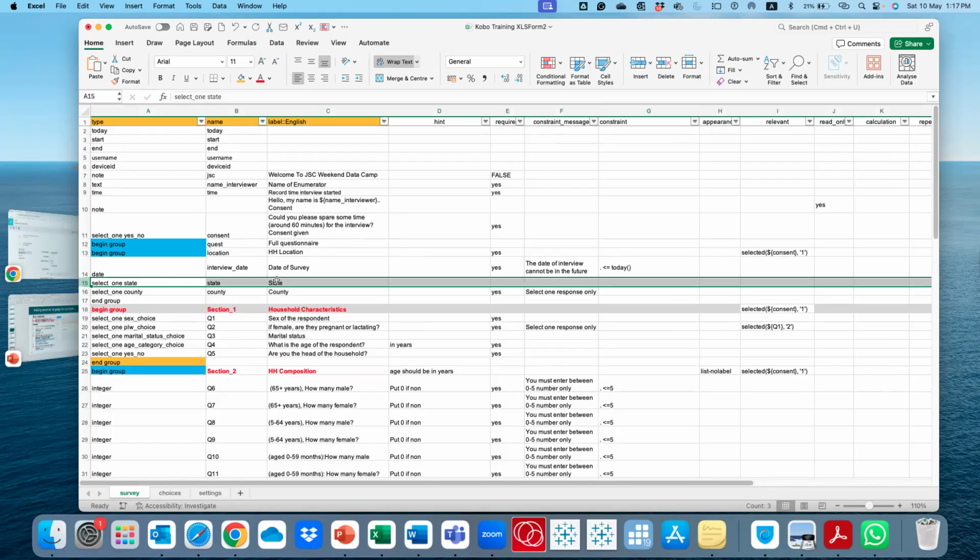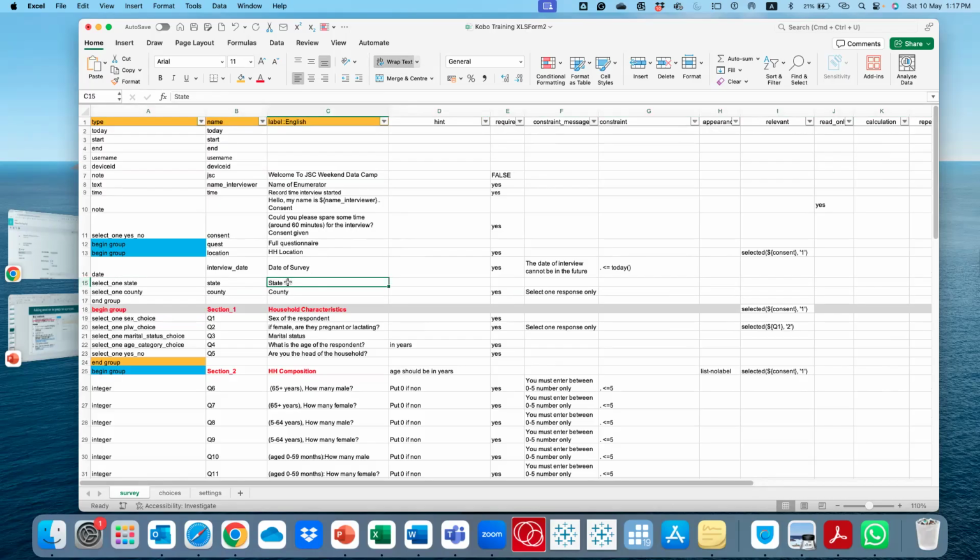When we chose Jonglei, the next question was the county, which is Terekeka. But your program probably could be in many counties, so that means the choices are many. There were other counties and states that we did not choose.